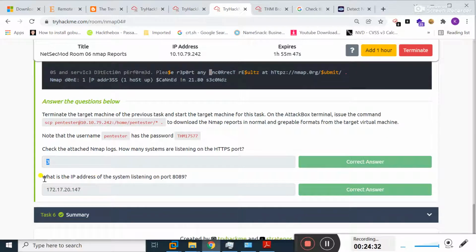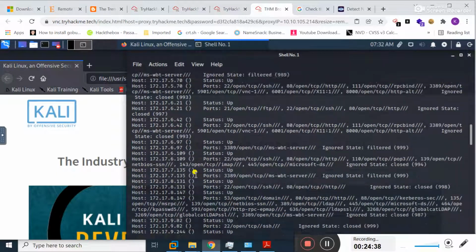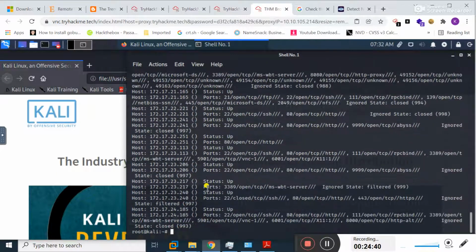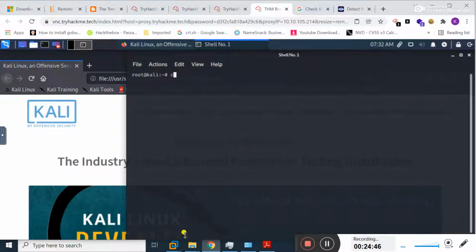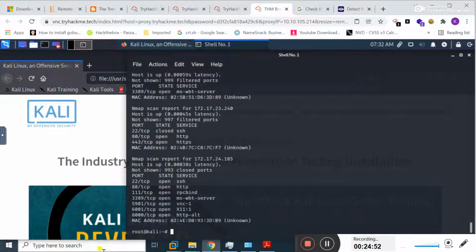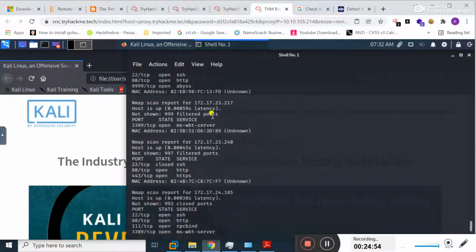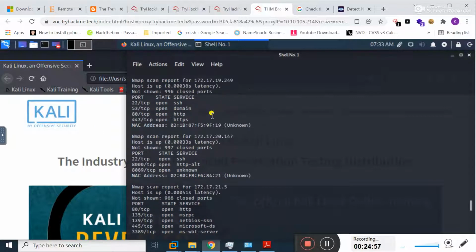The second question is: what is the IP address of the system listening on port 8089? Let me show you. I'm going to clear my screen, and if I type here cat scan.nmap, see, I have to answer about port 8089.